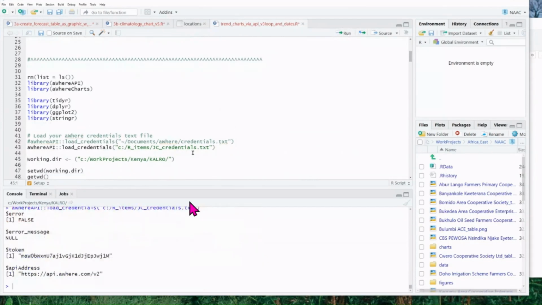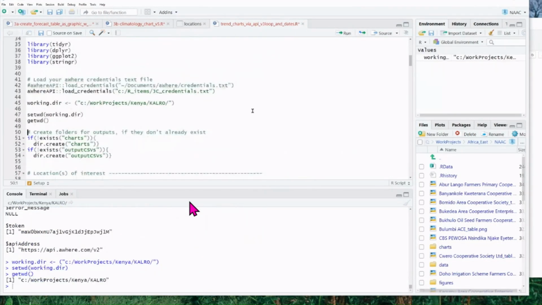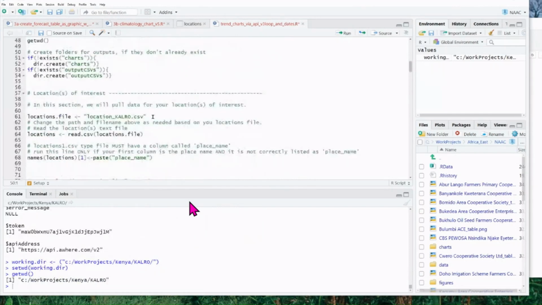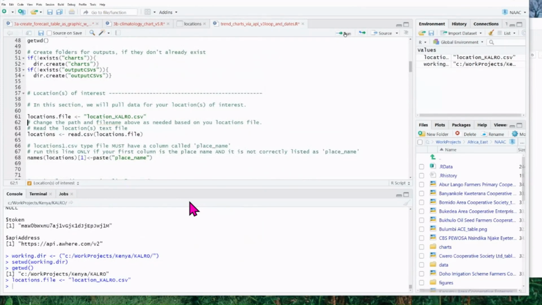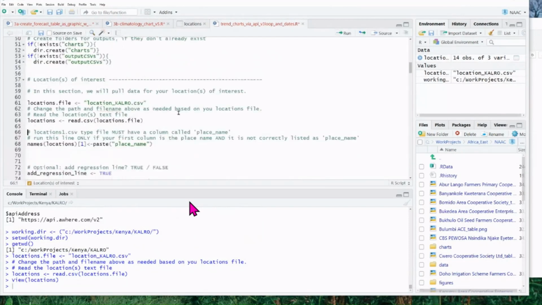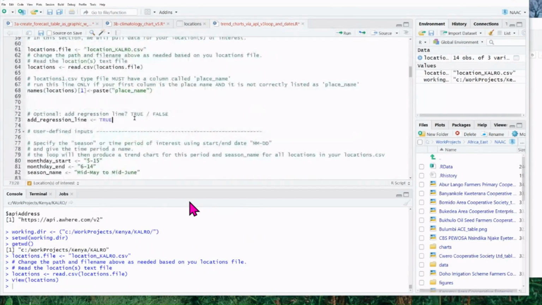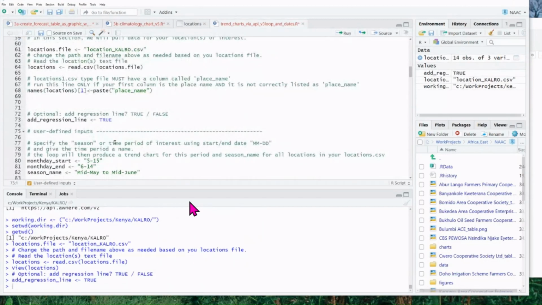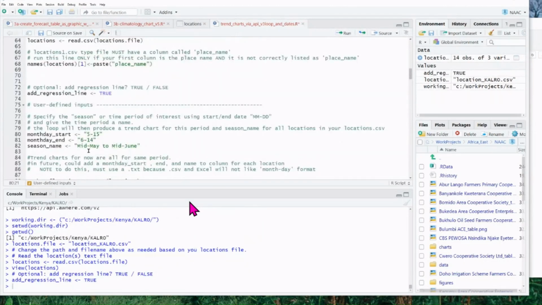I'm gonna load my credentials, so I got another token. I'm gonna set my directory to Colro. If you need to run these lines, you can. Here is that file that has Kasarani and the other 14 locations in it. I read them in, open it up, and I know that Kasarani is number 2, okay? So this takes a bit longer to do, so I'm gonna do the regression line. Now, we said we wanna look at about April. We wanna look at the trend between April 8th